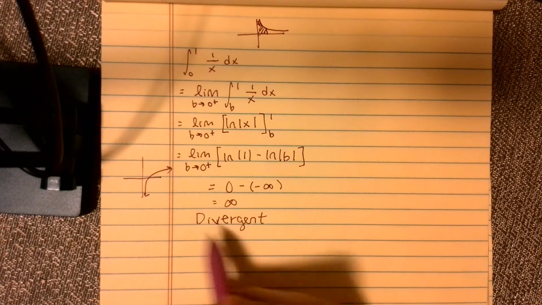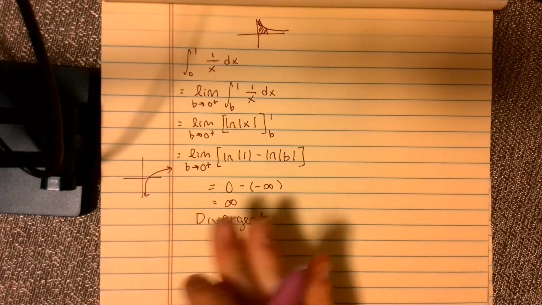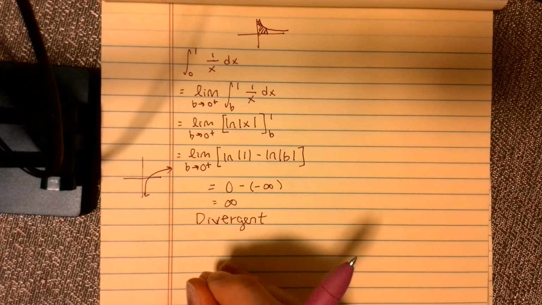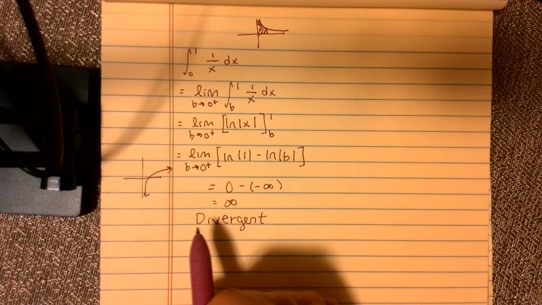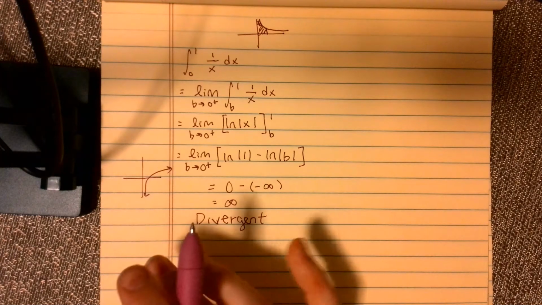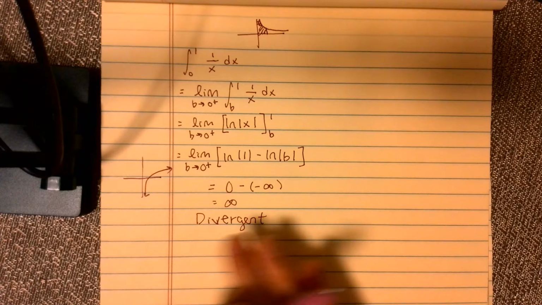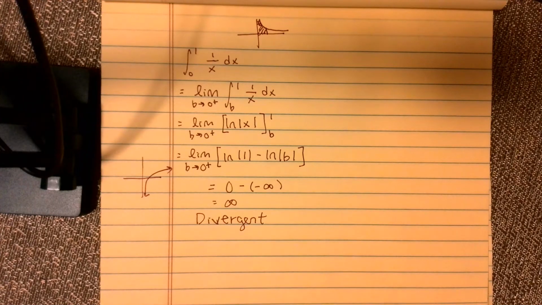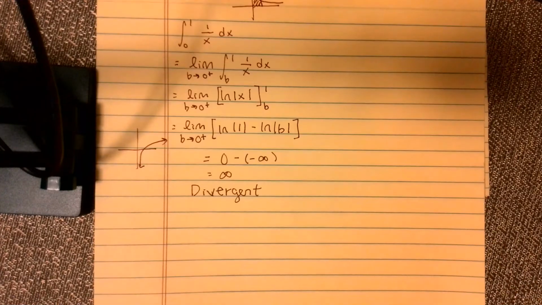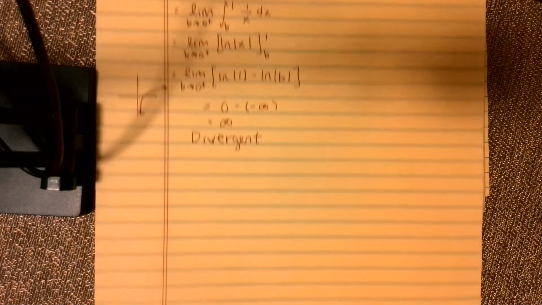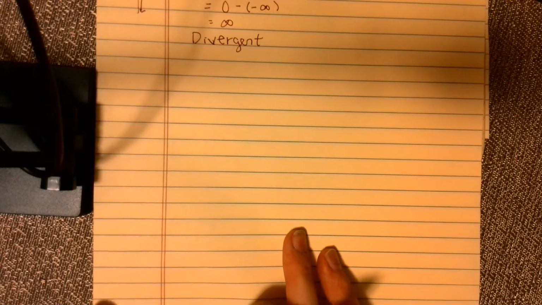Anytime I get infinity, my integral is immediately divergent. Remember, infinities do not add or subtract. Okay, so divergent, 1 infinity, divergent. End of story. Okay, and the last thing, this is where there would be a discontinuity at one of my boundaries. The really tricky thing that you need to be really, really careful and look out for is what if